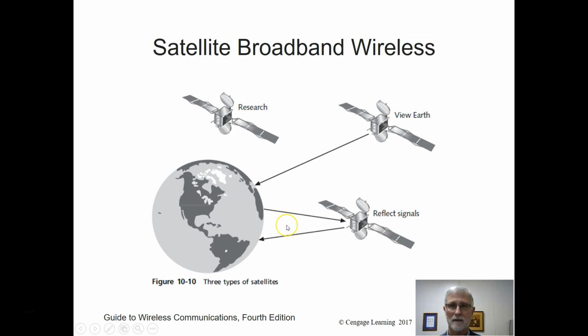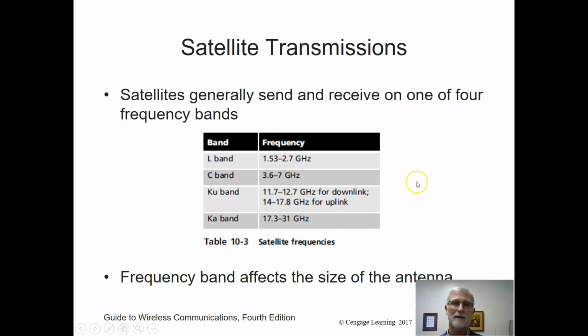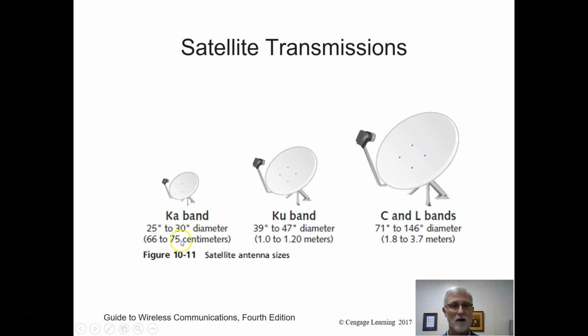Just to give you a rough idea, this is the one that we use if you're using a satellite to be communicating wirelessly. Now, the transmissions that satellites use usually fall into one of the frequency bands, whether it's the L, C band, KU, or KA; basically it is what frequency they are operating at. And of course, the frequency that you're operating at changes the size of the antennas, ranging from 30 inches to 146 inches. So it's not something I want to put in my back pocket and carry with me.